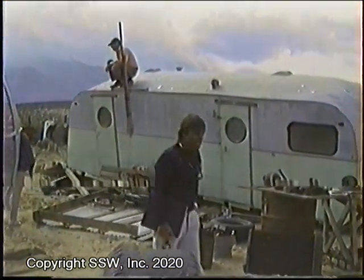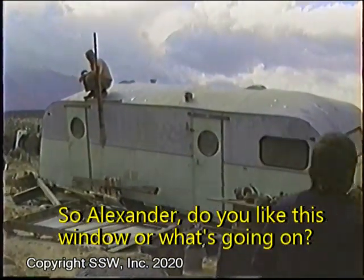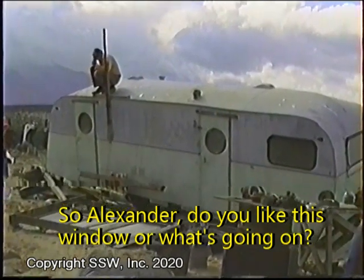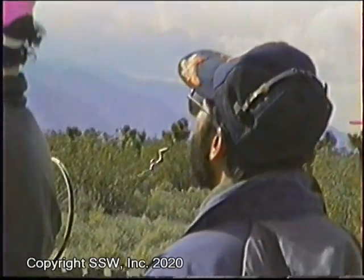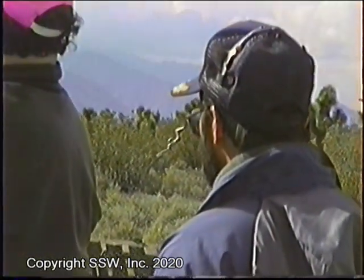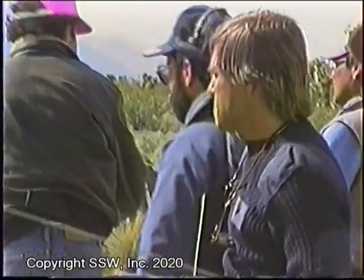Roll. But the clouds blocked the sun again, so Mike had to check if the light was okay. So Alexander, do you like this window or what's going on? And it wasn't, so we had to wait, which is frustrating because everybody's pretty tense on a shot like this, and we kept waiting, everybody watching the sky. But as soon as the sun came out again,